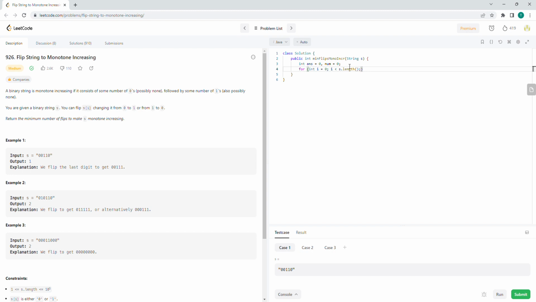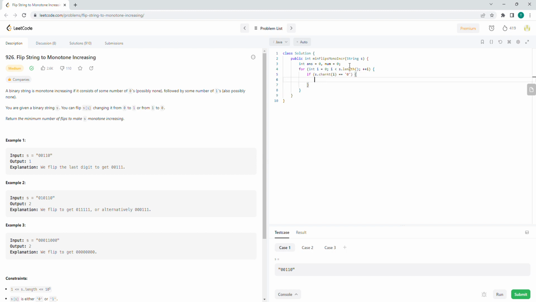What we want to do is increment I for each iteration. We look through each character at index I. If s character at index I is equal to the character 0,